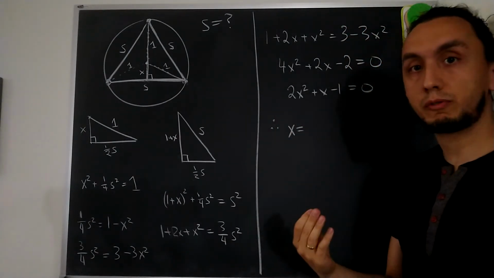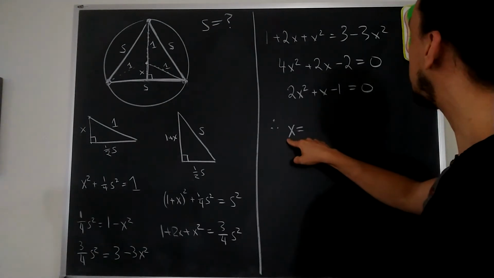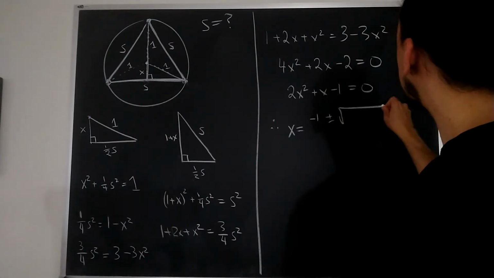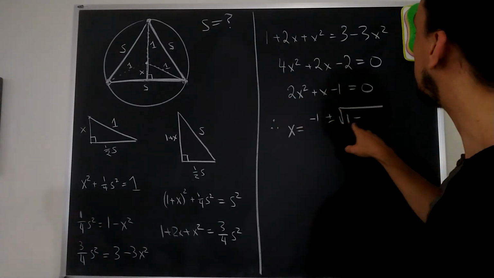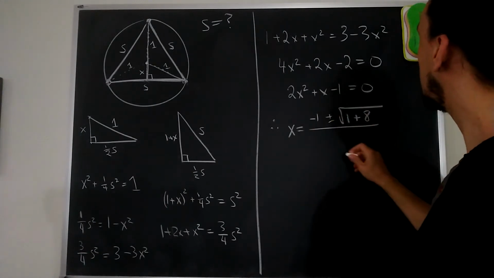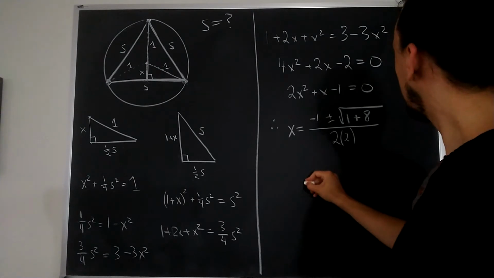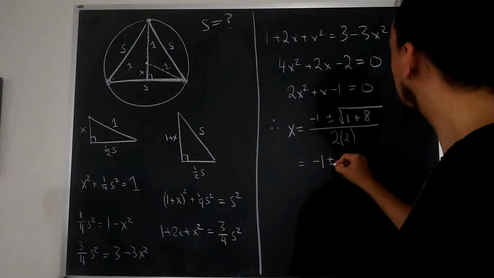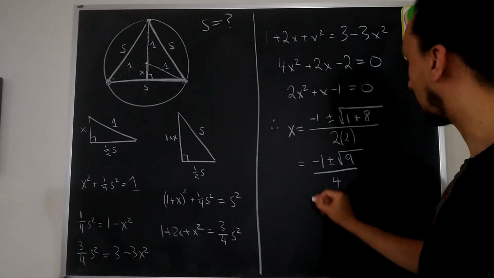I have another video on the quadratic formula if you want to remind yourself of that. But it tells us that x is equal to negative b, so negative 1, plus or minus the square root of b squared minus 4ac, so that's minus 4 times 2 times negative 1, so that becomes plus 8, divided by 2a, so 2 times 2. So that means that we get minus 1 plus or minus the square root of 9 divided by 4,